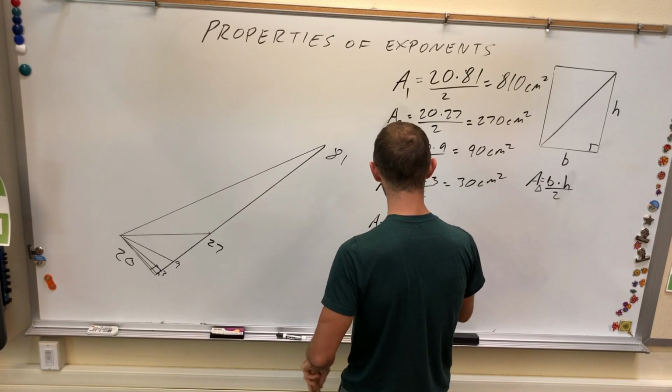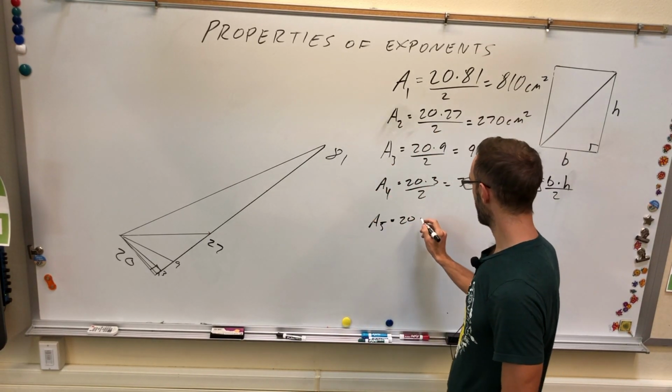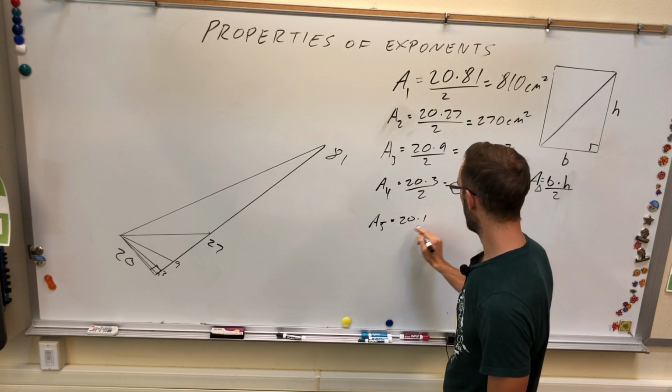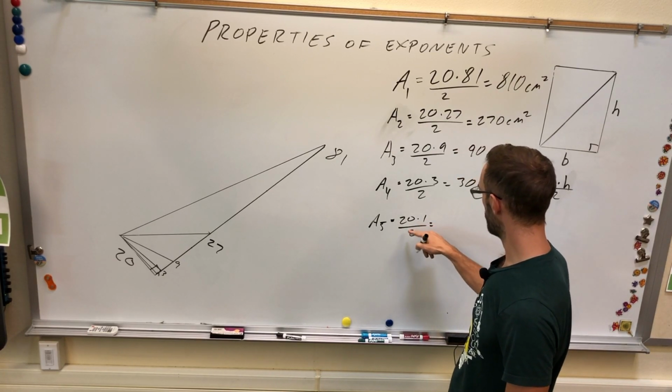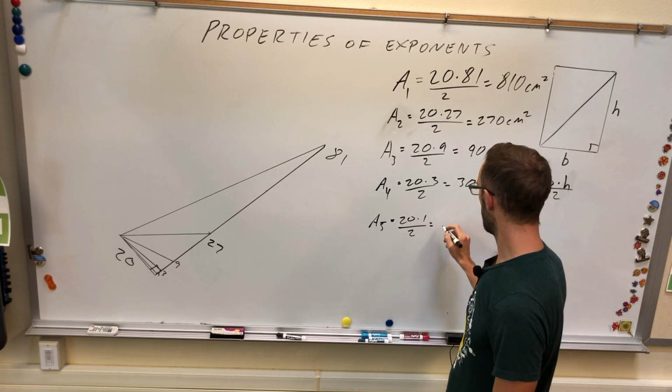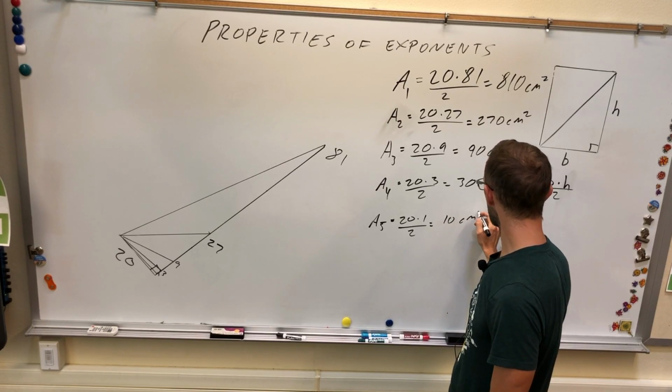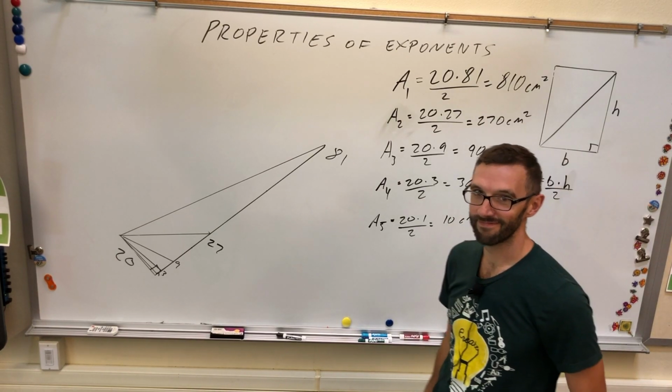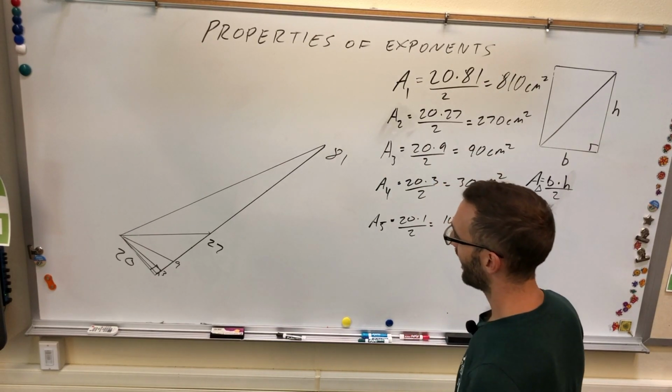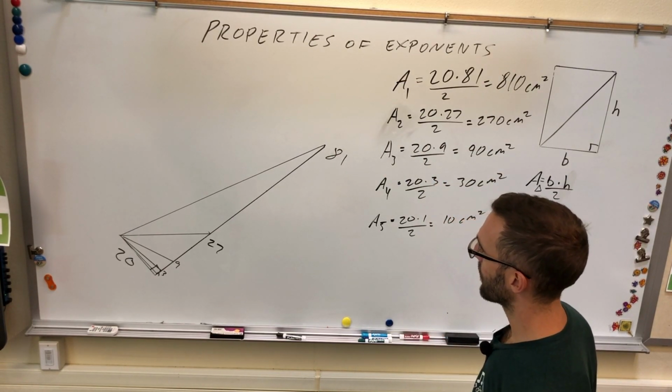The fifth area is the base, 20 centimeters times 1 centimeter, over 2. Let's see. 20 over 2 is 10, times 1. You get 10 centimeters squared. Well, let's keep going. Obviously, we have some limitations here, so what